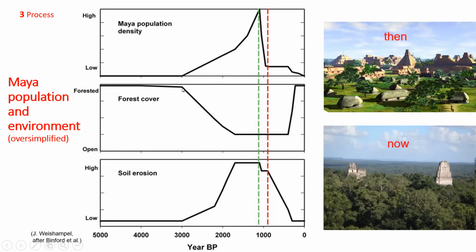While the population was going up, in order to support themselves, they chopped down the forest and grew crops. But after their population went down, the forest came back. And this is the key thing that will make sense to be important in the next several slides. You chop down the forest, soil erosion, as geoarchaeologists have determined, went way up during the peak of the Maya population, the rise of the Maya and the fall of the forest, and then soil erosion went down after the crash in Maya populations.